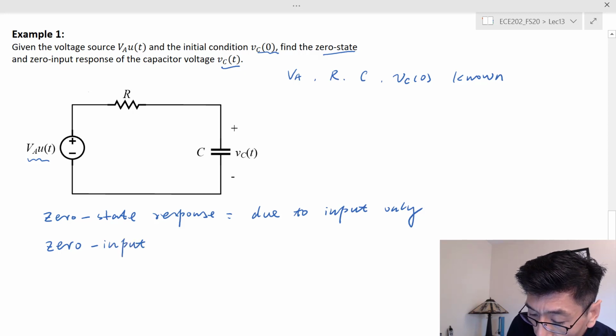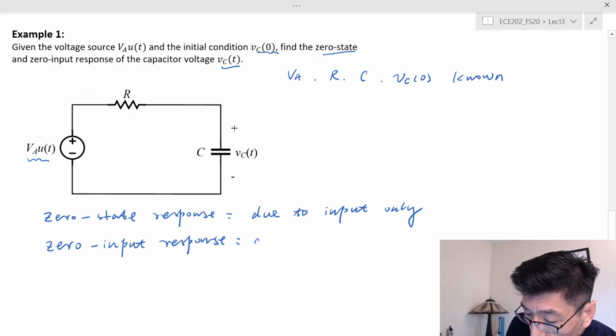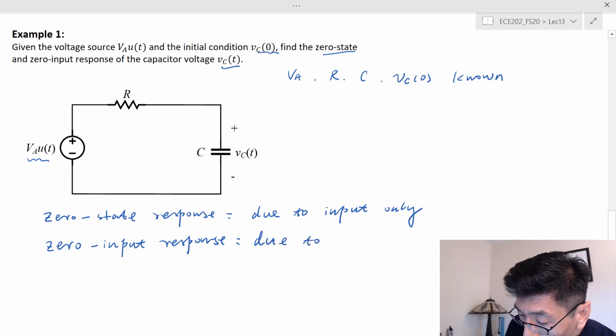This is quite informative, right? So in this case, it is due to the initial condition only, because zero input, due to initial